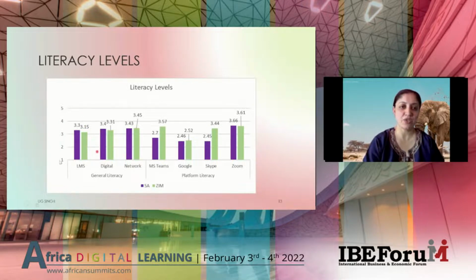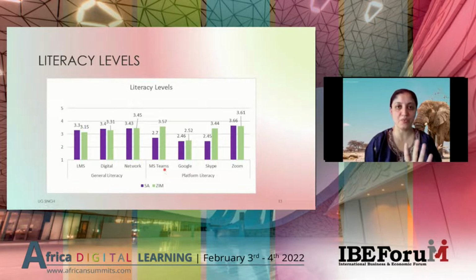And then the last one dealt with just understanding whether they knew how to use their learning management systems. And because the majority of the students who responded to the survey were continuing students, we found that their literacy levels of the learning management system was pretty high. So even though they had to now start using the assessment tools in the learning management systems for summative assessments in an uncontrolled environment for the very first time during the pandemic, they didn't seem to face much difficulty in this transition. Okay, the second part of the literacy looked at platform literacy.